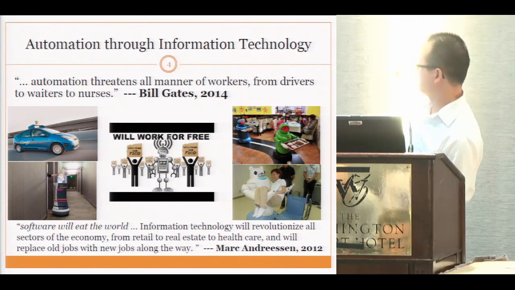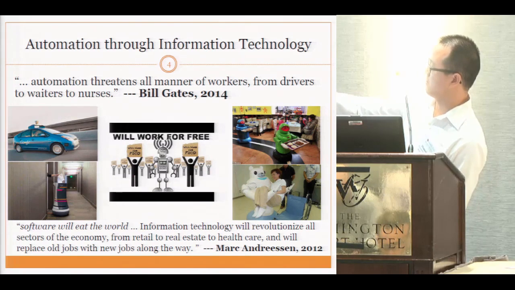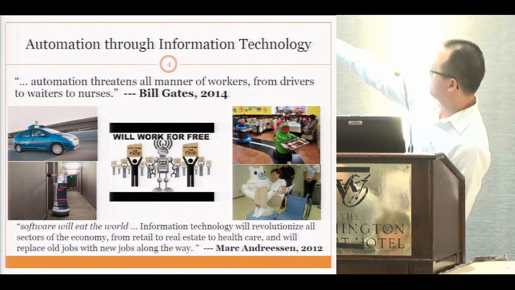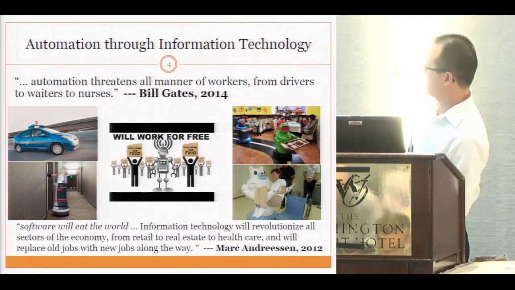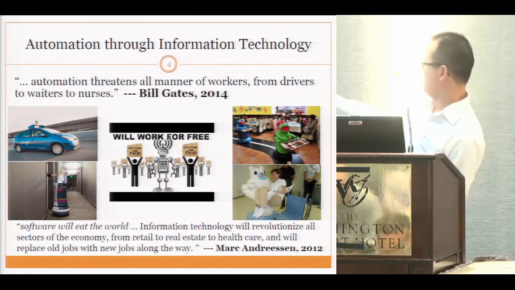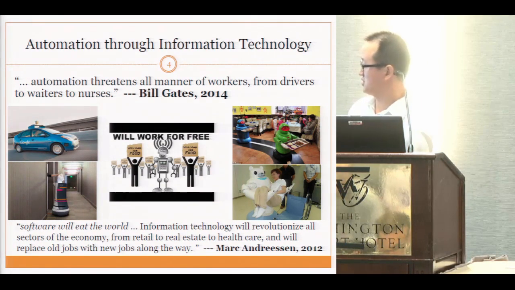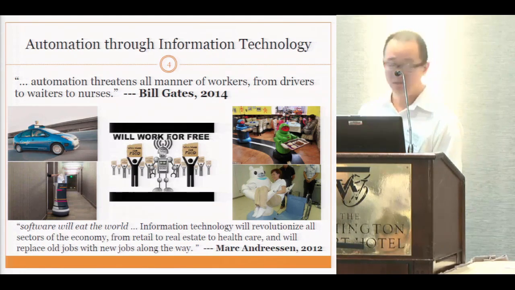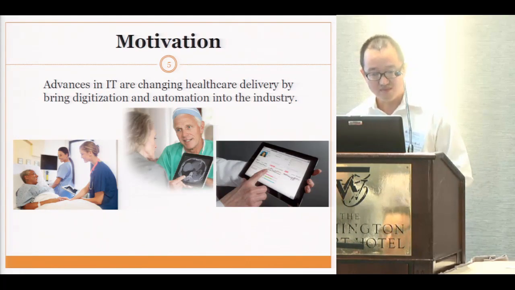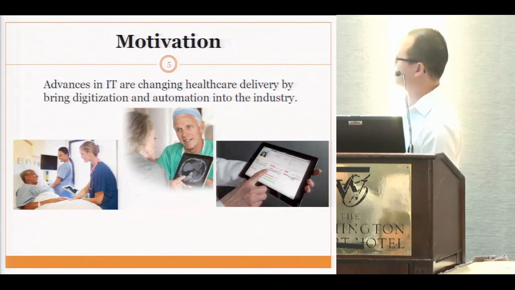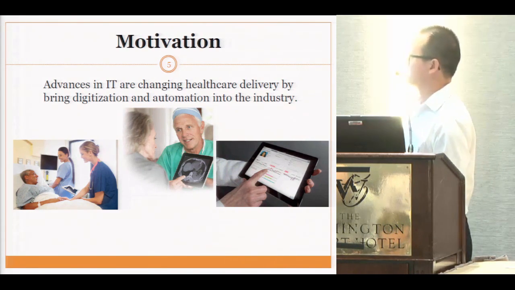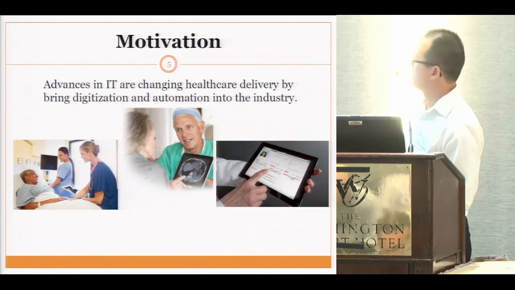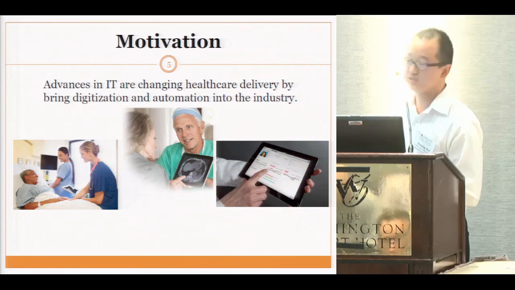So here I list some of the cool pictures. The one on the top left is the Google driverless car. The one on the bottom left is a robot at a Loft Hotel in California. The one on the top right is a restaurant in China where the robot basically serves as a waiter. And the one on the bottom right is a teddy bear-like robot that can lift patients in a hospital or nursing home setup. So if you think about this, as healthcare researchers, we will naturally think about, okay, with so much new technology, so much advancement in IT that are employed or will be employed in the healthcare industry, then what is the